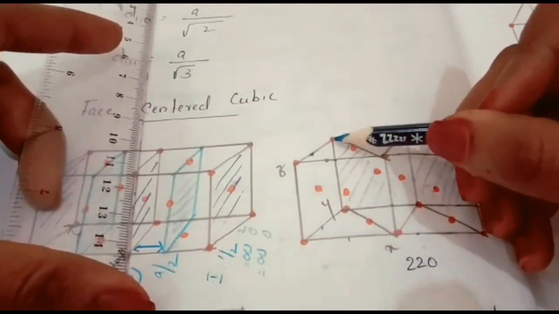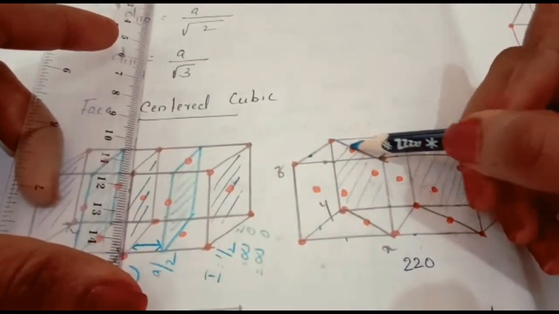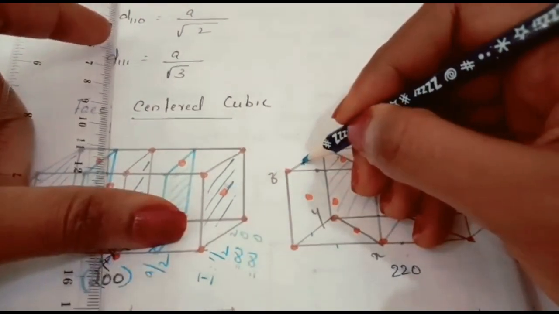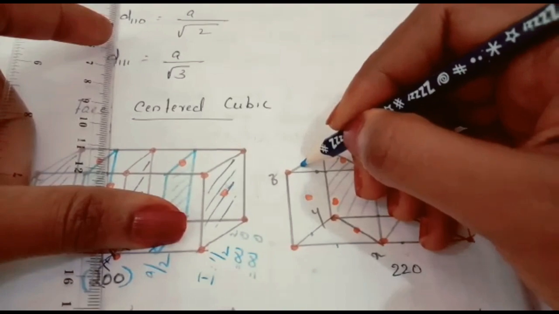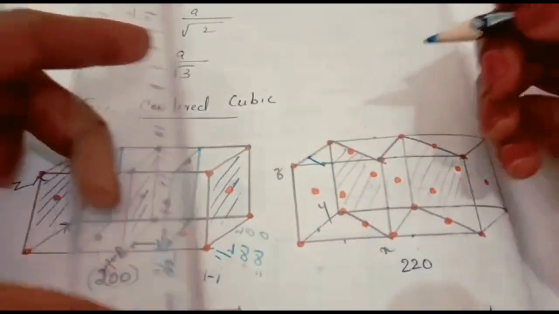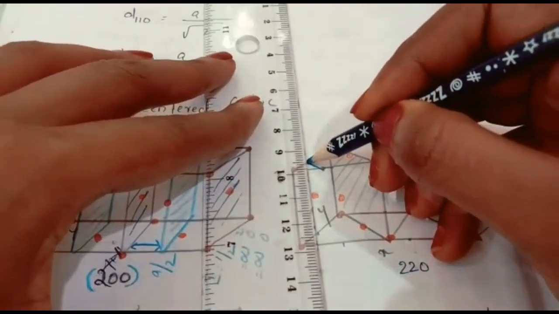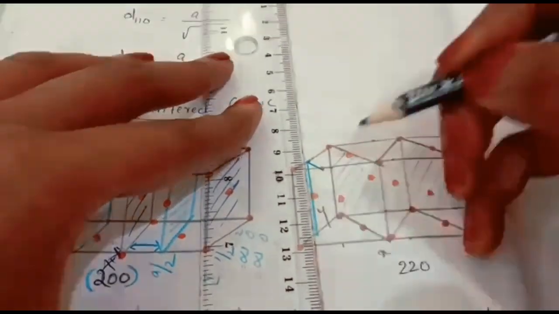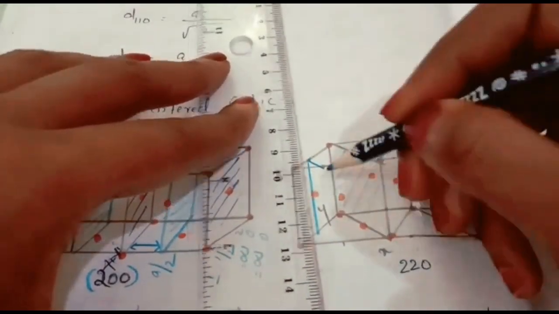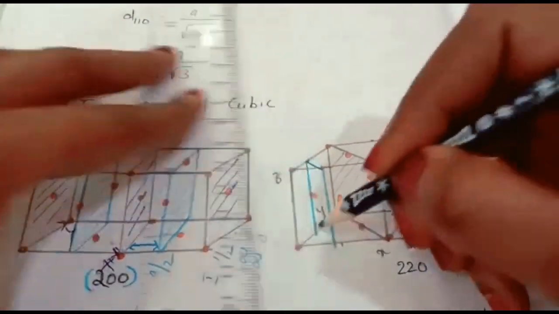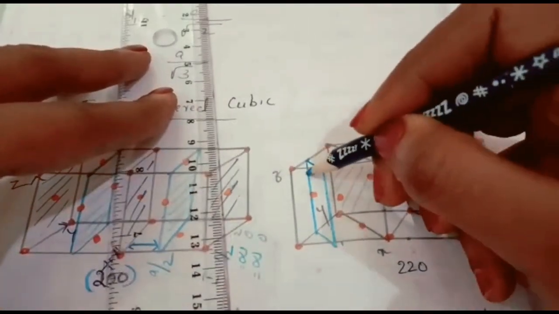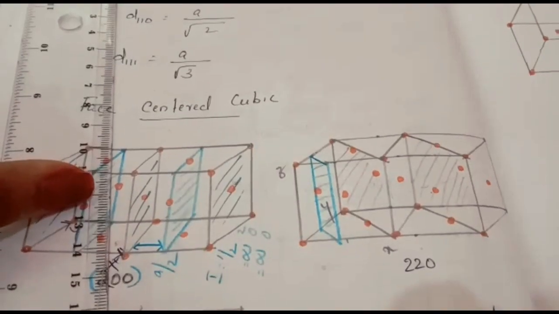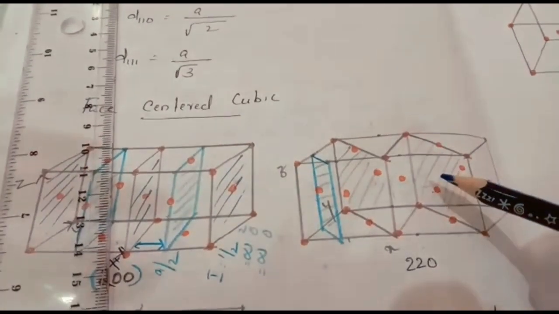Just see the shape before drawing. It is parallel. If it is like this, parallel to this we have to draw. So these 2 points, we have to draw a plane like this. Then from here to here, so we have to draw here. Then from here till down, so down, then this one. So this is one plane. Now in between these two planes also we have to include planes.